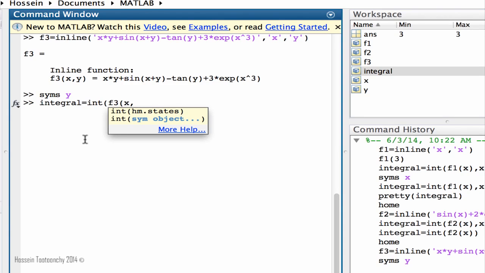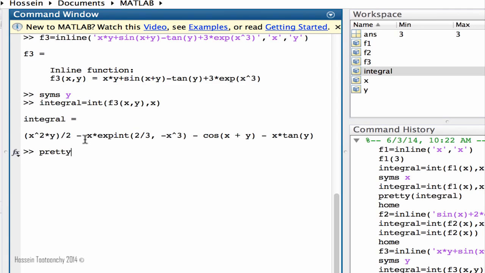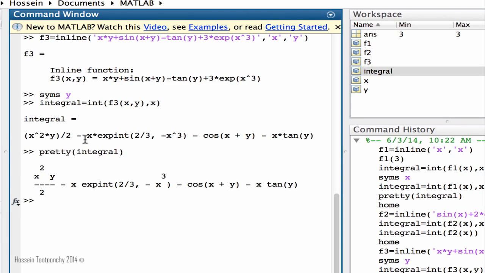And now, because we do have more than one variable, we need to tell MATLAB which variable is important for us. Is it the x variable that we want to take integration according to, or is it the y variable? So this time, let's go with x. I tell MATLAB that I know the function has x and y, but I want to take integration for the x variable. If I do that, pretty of integral, and you see that MATLAB very easily calculates a very hard integration